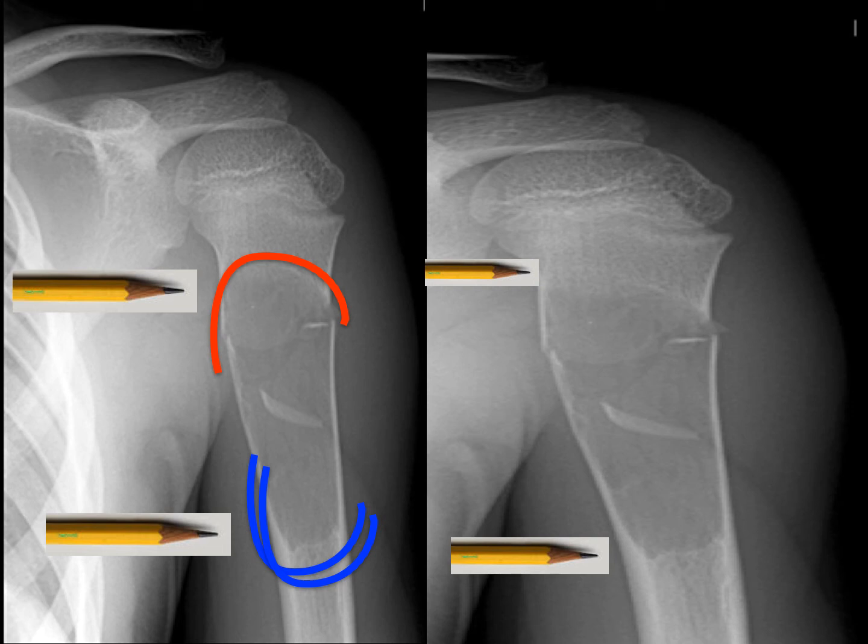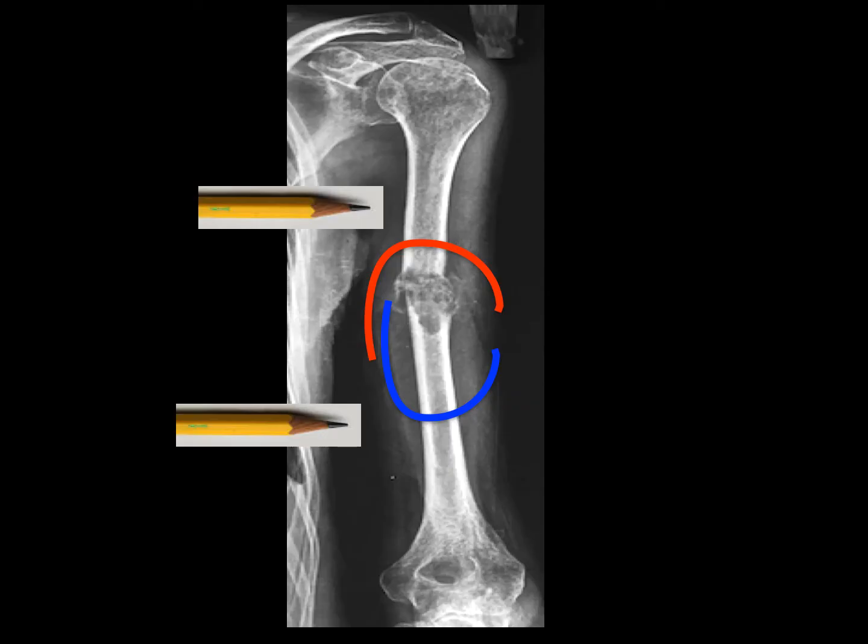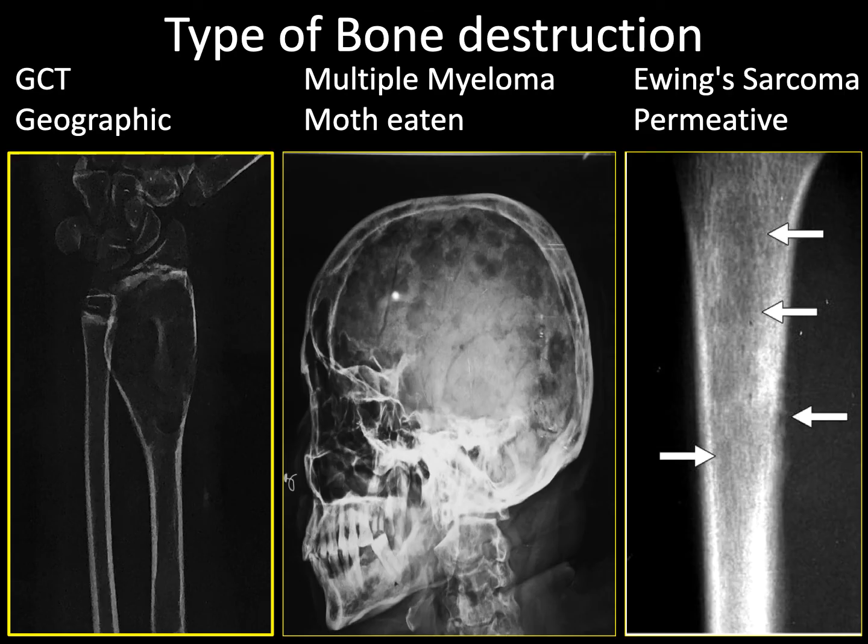So it's very clear-cut defined here where the tumor is starting and where it's ending. It's a narrow zone of transition or a well-defined lesion. So this is a radiograph of a simple bone cyst proven on histopathology. Next, the X-ray we described a few slides before is a lesion involving again the humerus, skeletally mature. It's an ill-defined lesion where we are unable to differentiate where the tumor is starting and where it's ending. So it's an ill-defined or wide zone of transition, and this was a sarcoma involving the humerus.